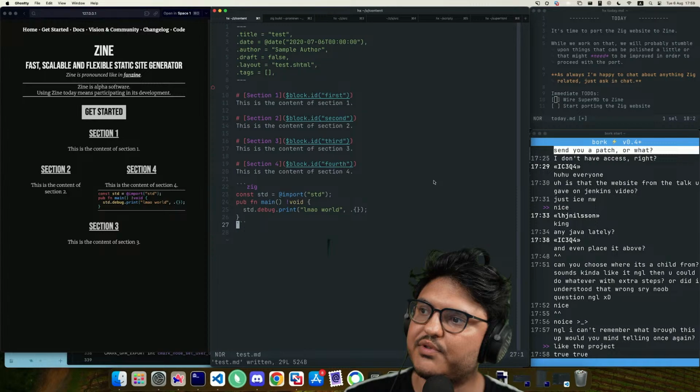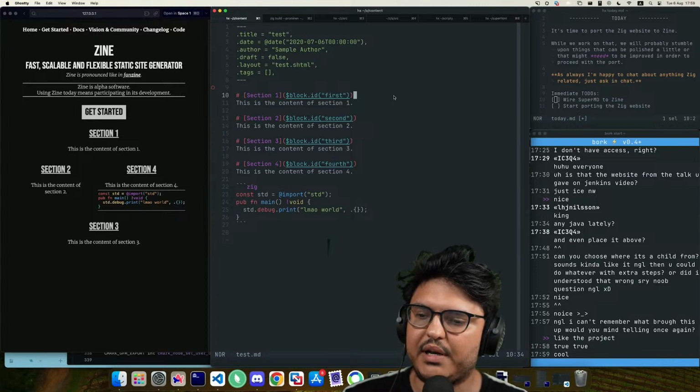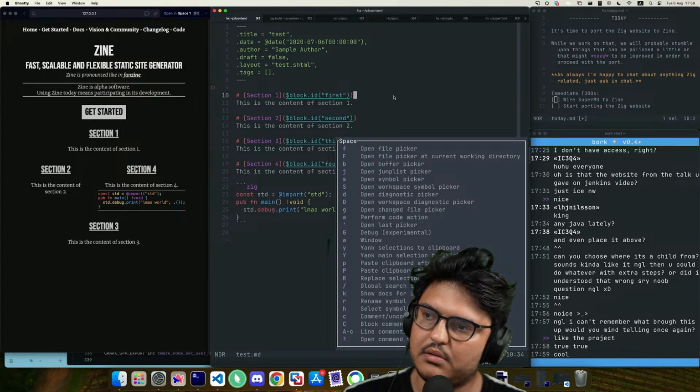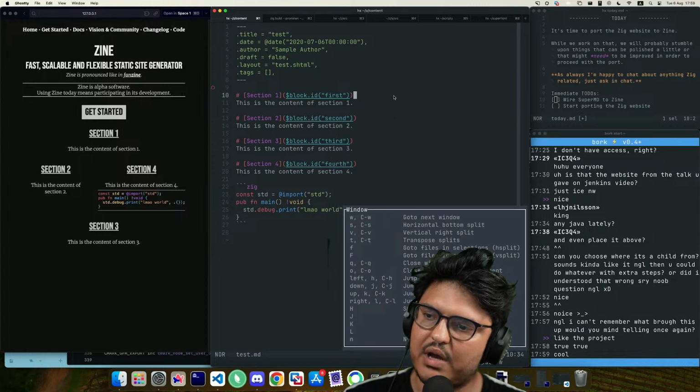Now, maybe I should take a couple of screenshots for Felix. Let's see. Can I open a tab? How do I open a tab here? Do I have a split here?